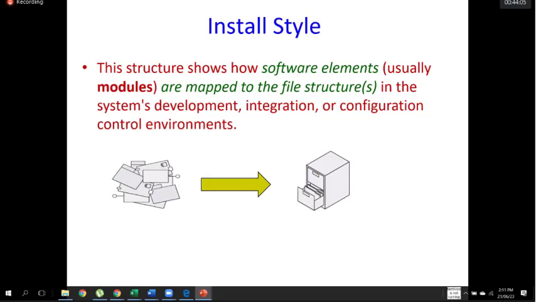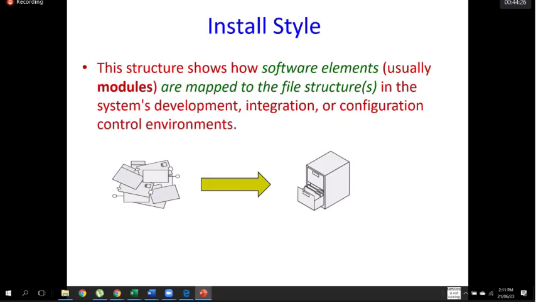So this you capture the implementation, not execution, implementation. So implementation style shows software elements being mapped into file structures. For example,